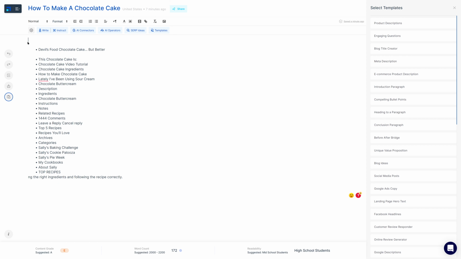This software you can use only for AI writing and generation of SEO based content, right? And then you can also use these AI operators where you can add some questions about the content. You can add topics about the content. We have already used this outline about the content. You can summarize the content when you are done with the content, and you can also conclude the contents just